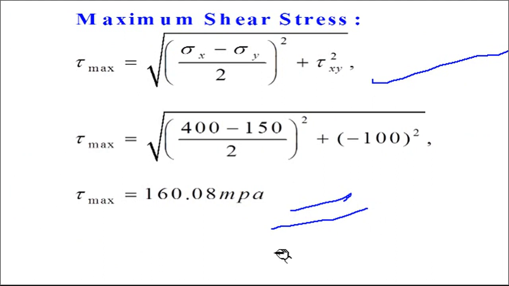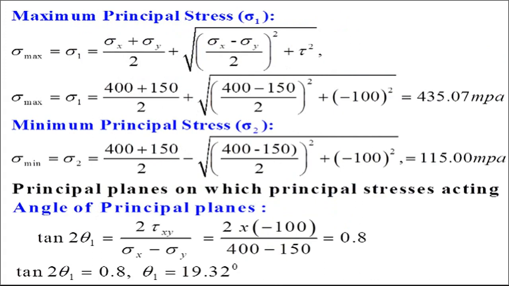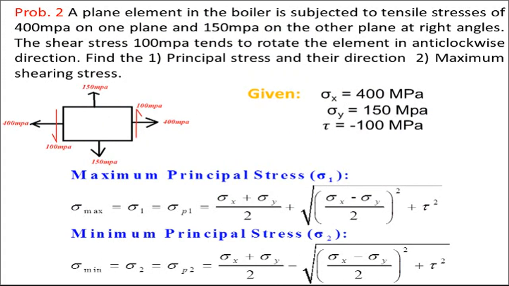You might have noticed that the numericals of this particular topic are very easy. Here there is a direct application of the equation, but many times students get confused whenever they are asked to find the principal stresses. You must use this equation for principal stresses, but students directly use the equation of normal and tangential stress. The formula for normal and tangential stress, sigma n and sigma t, is different. It includes cos 2 theta and sin 2 theta terms, and for major and minor principal stresses, sigma 1 and sigma 2, we have a formula like this.